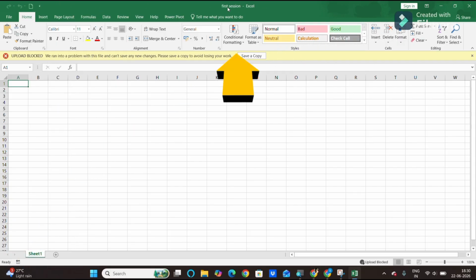Then here you can see the name of your workbook which you have saved as, and the Excel word which you are seeing here represents that this file is of Excel type. Similarly, if you open Microsoft Word or Microsoft PowerPoint, there you will see Word or PowerPoint. Then coming down here, we have all the tabs. Till the help tab you will be having by default in your system. This Power Pivot we will learn in advanced Excel in later sessions.